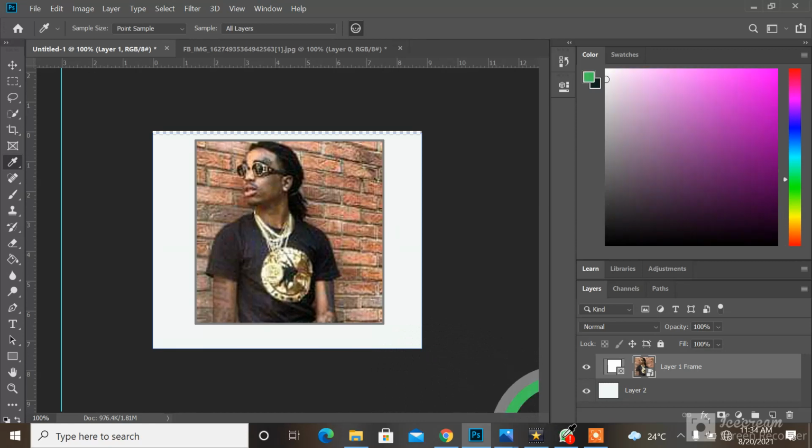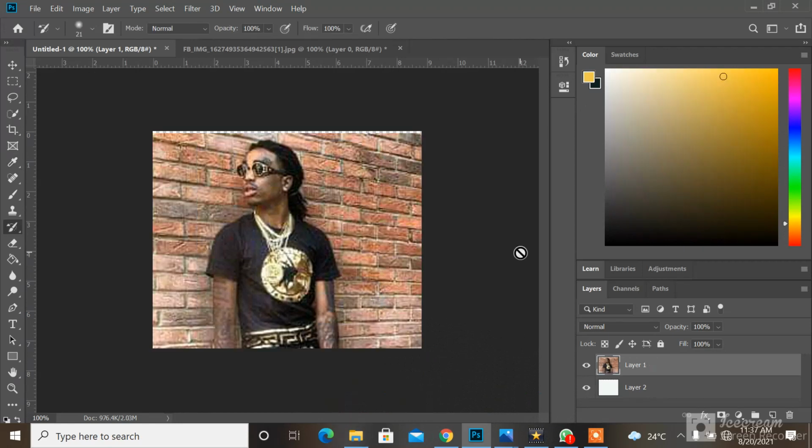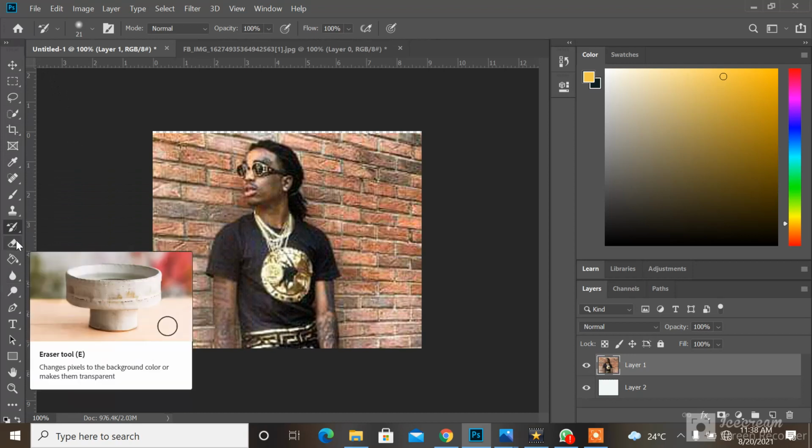Take note, it changes. Everything changes. So that's the main use of this tool. Like I said, guys, I'm just going to explain the basic tools here, the tools that we use regularly. I've already explained a few, so I'm going to move on to the next tool we regularly use, which is the eraser